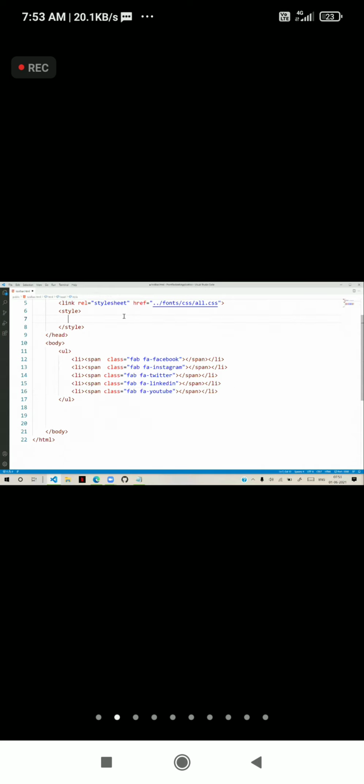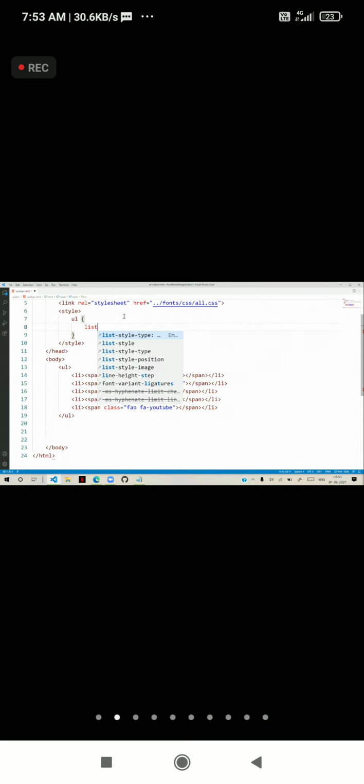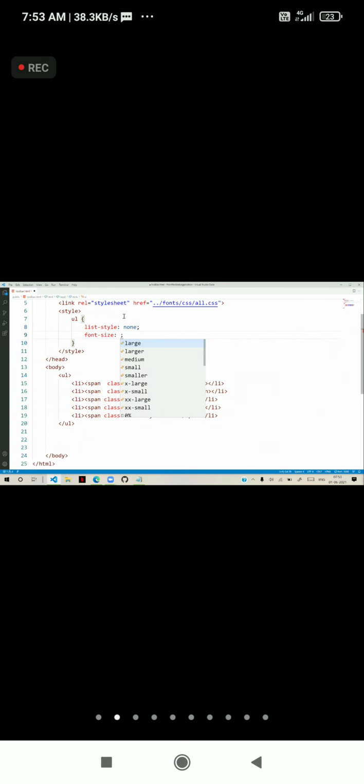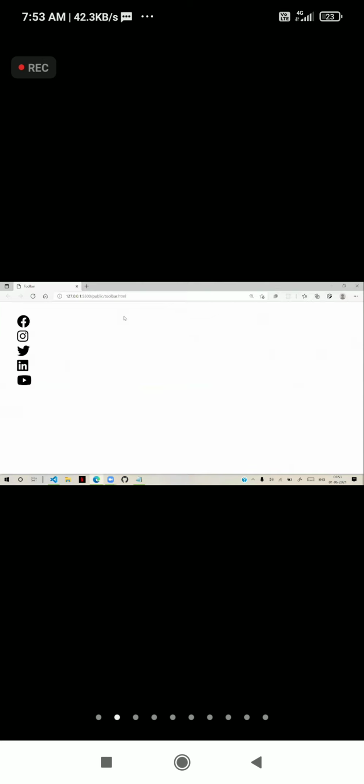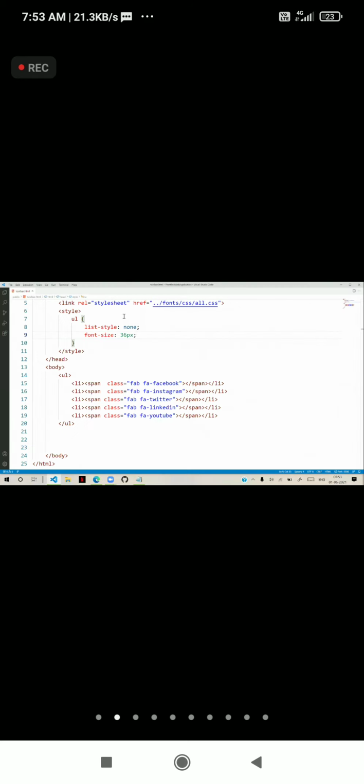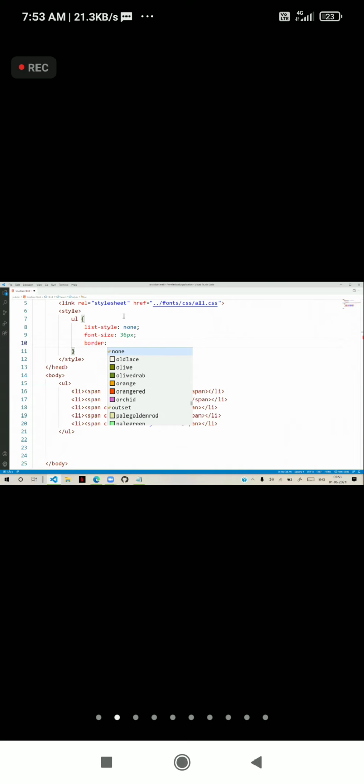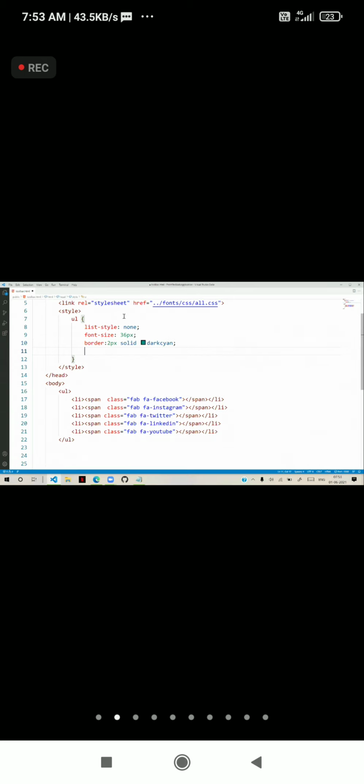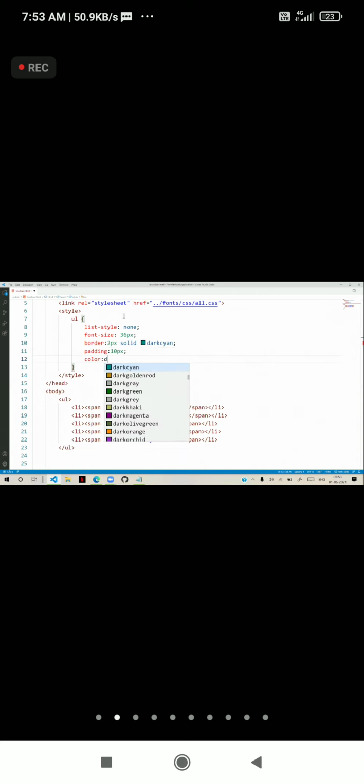You can use different ones. Now for this unordered list, list style as none, and font size is equal to some 36 pixels. The font size will increase. And I can design it like a toolbar, like we can give a border as 2 pixel solid, dark cyan, padding as 10 pixels, and color also dark cyan, something like this, and the symbols will come.